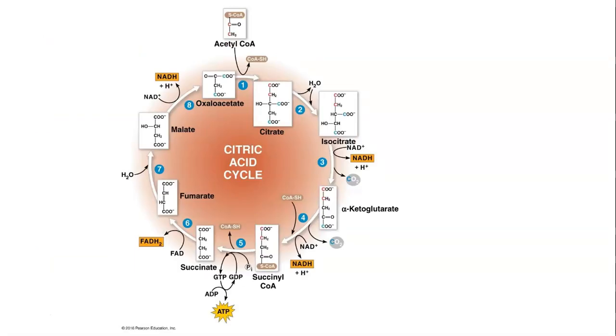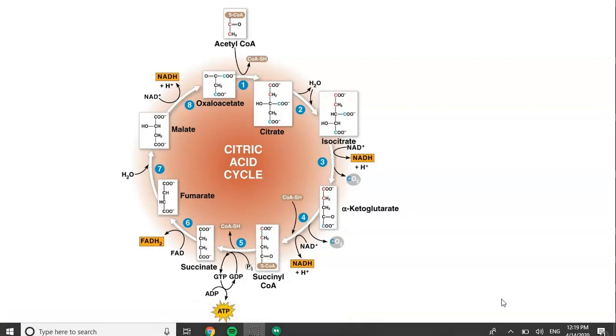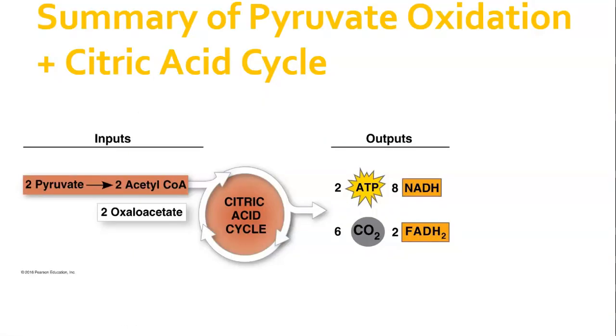You would never have to know the intricate steps of it, just know what is occurring. You can see down at the bottom, that is where the ATP substrate-level phosphorylation is taking place, and you can see the net gain of different things. All right, so to summarize what's going in and what's going out,